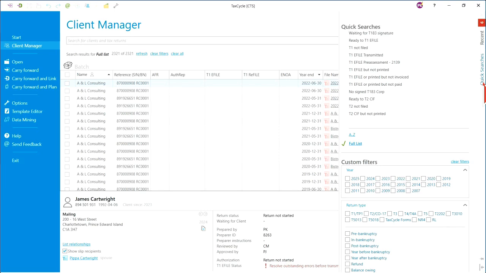And this is called the quick searches sidebar, and here you can find all your saved searches and even select specific searches related to a particular module. To run a saved search, you can simply click on its name. For example, I have prepared a T1 not filed return. So if I click on this quick search here,